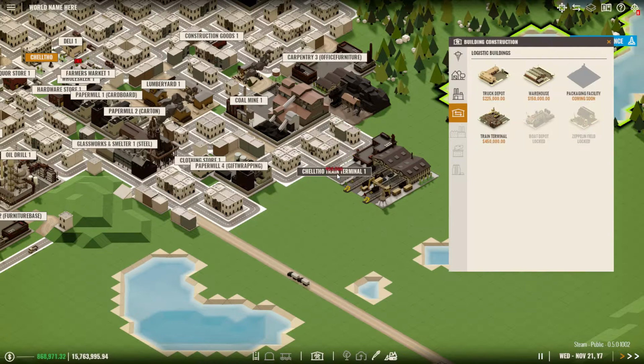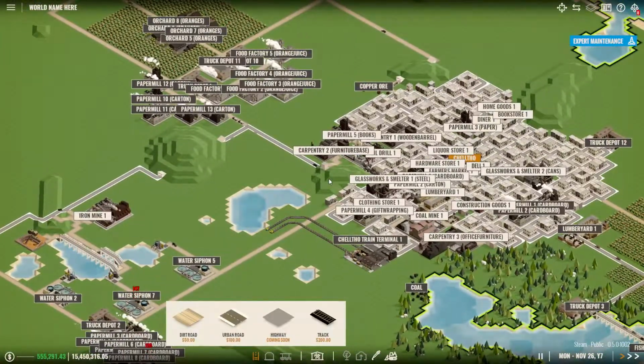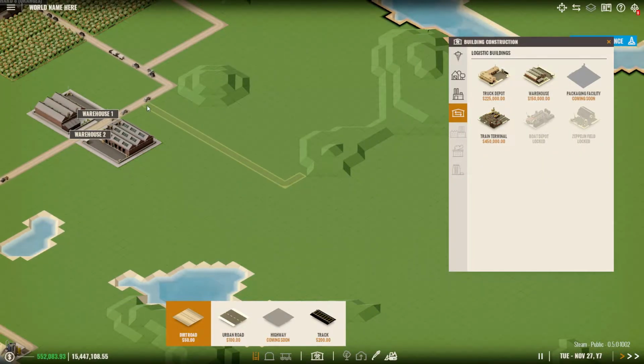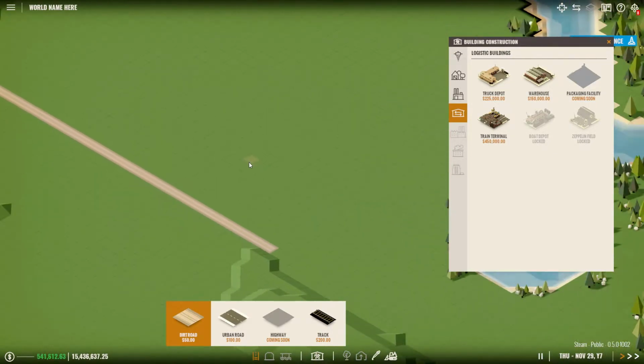Because trains are awesome. Let's do that. And let's also place some tracks just to make sure that we are always able to leave the town with our track system. Something like that. Okay, that's fine for the moment. So let's start by laying some tracks or some road in this direction. And let's hope that we find enough water for all the